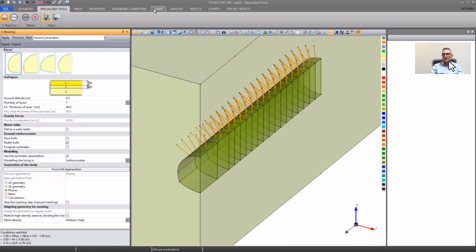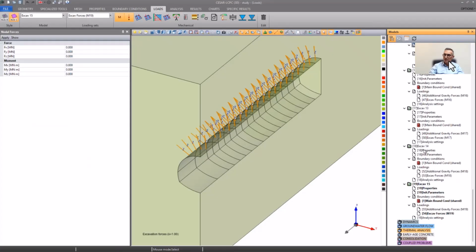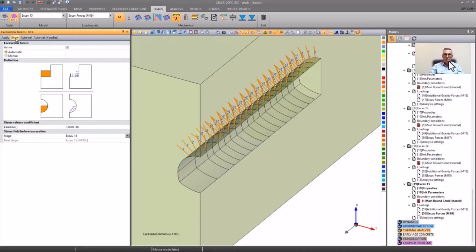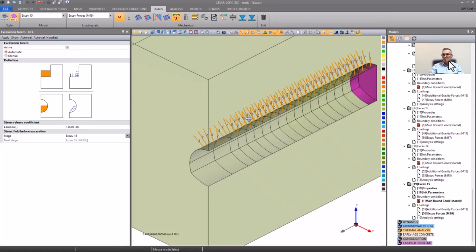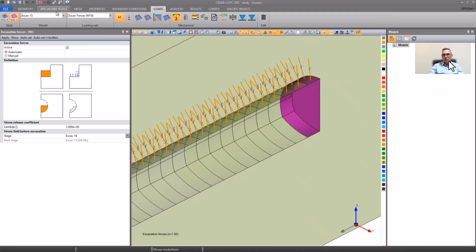excavations. If I have a look at the excavation, at the loads, you see here the tree on the right with all the stages, and you see here that, for example, the last excavation proposed here is well positioned. And now if I'm going back to my specialized tool,